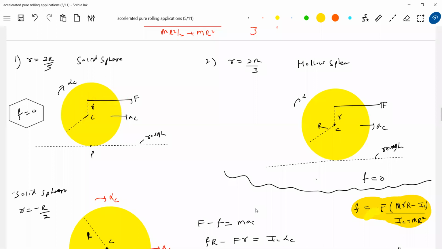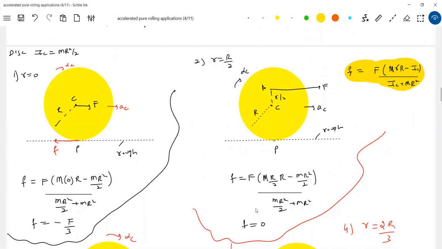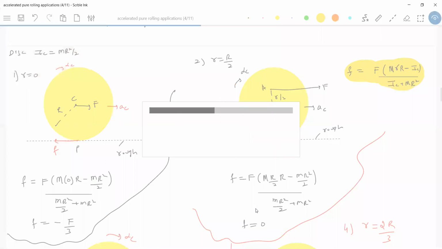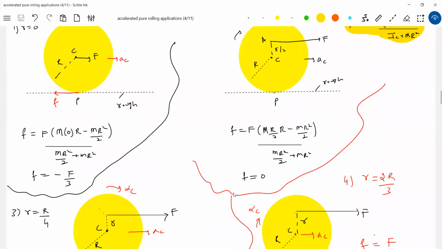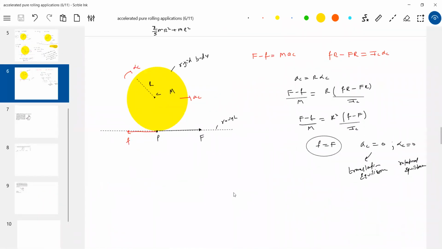Very, very important for you. Many numericals will come, so you should remember this. Like this threshold point for a solid sphere, 2R by 5. Hollow sphere, 2R by 3. Semicircular disc, what is the threshold point? The threshold point will in fact be R by 2. Friction will be 0, you can see. Can you remember now? Anywhere above this, friction will be forward. Anywhere below the threshold point, the friction will be backward. Fine, all of you. One important thing: books didn't cover this exclusively, but I think when you take the numericals, this background theory is going to help you a lot.